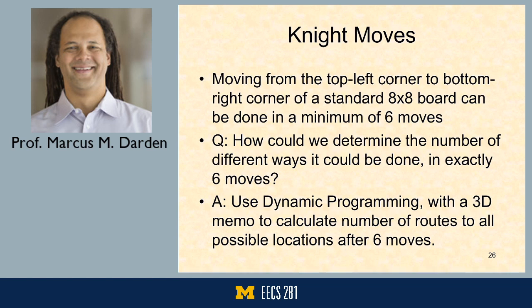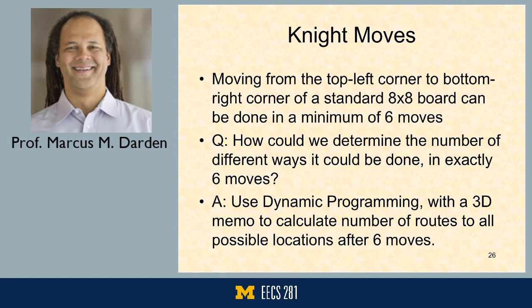Okay, well, how could I? Maybe I go down as far as I can and then I go over some, or maybe I go over some and then I go down as far as I can, or some combination of those 2 things in there, and it ends up being quite a large number of them. So we're going to use DP with a 3D memo now, because I have to have a 2D memo just to cover one version of it. After 1 move, I need to know that in 2 dimensions. The 3rd dimension is how many